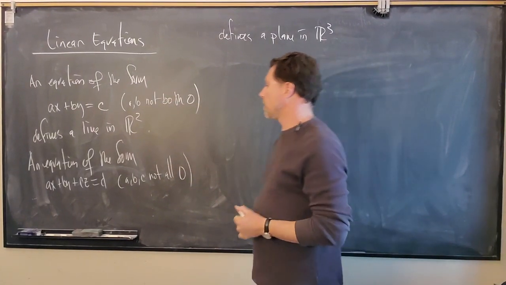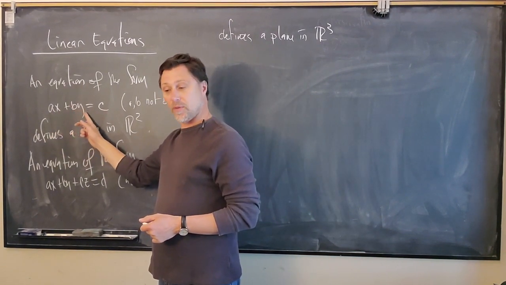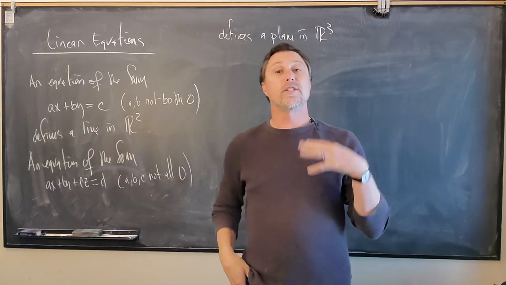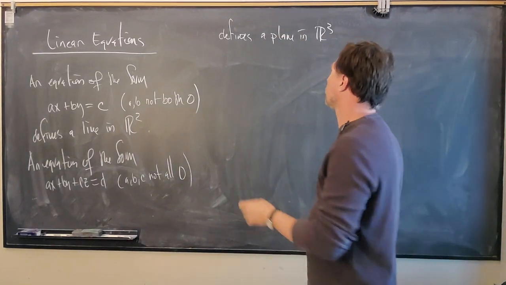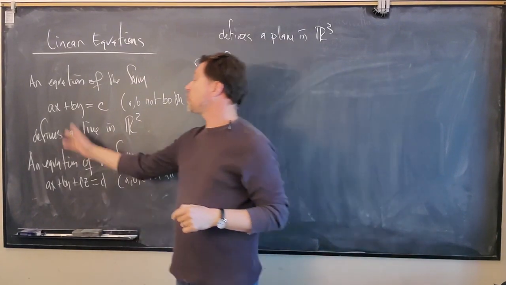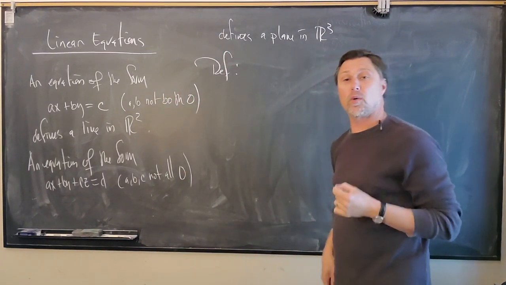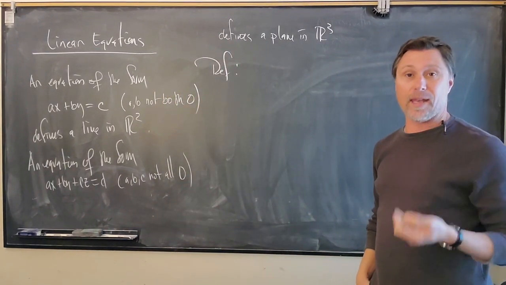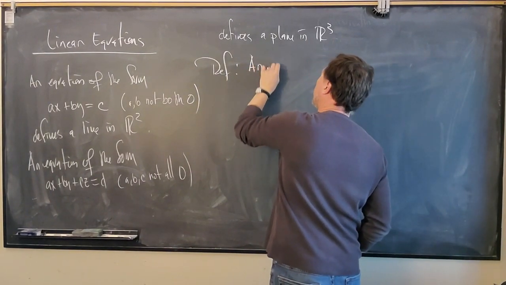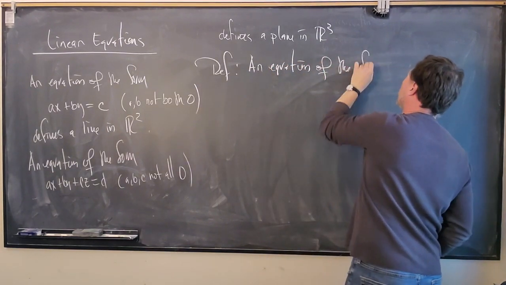So what's the main characteristic here? What we have is constant times variable plus constant times variable equals some constant on the right hand side. What we want to do is generalize this now. What we had in the first example, 2 variables. In the second example, we had 3 variables. Now what we'd like to do is define a linear equation in the setting where we have n different variables. Okay. So an equation of the form